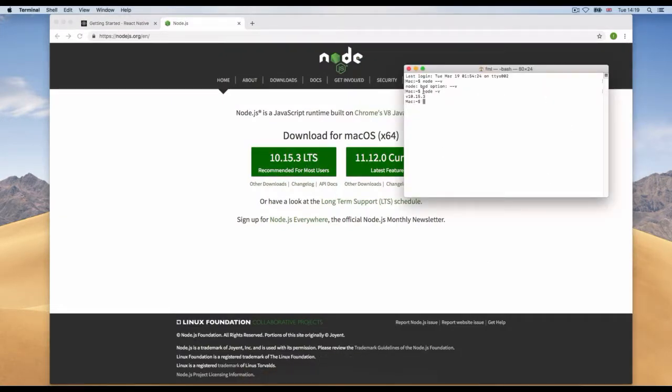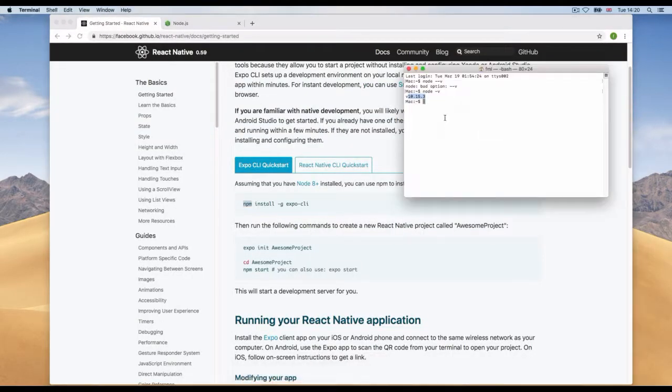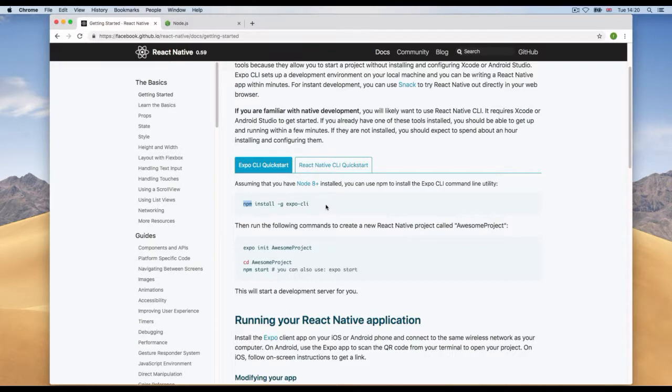So if you're doing node -v and you're getting this, it means that everything's okay. You can actually do this. Now, if you're not getting this, you most likely need to restart the computer and then try again. Alright, so once you get this, your node is installed on your computer, you will need to install the Expo